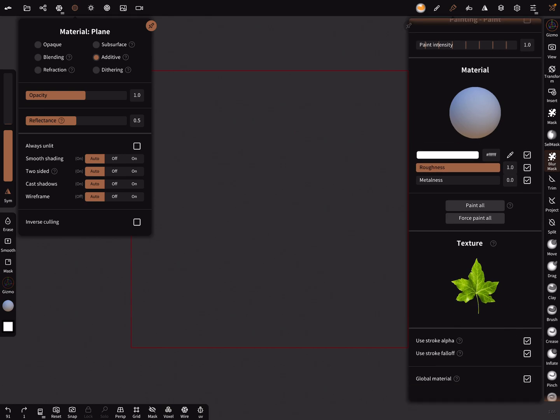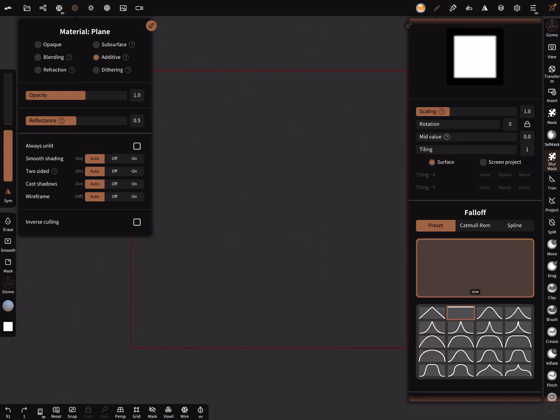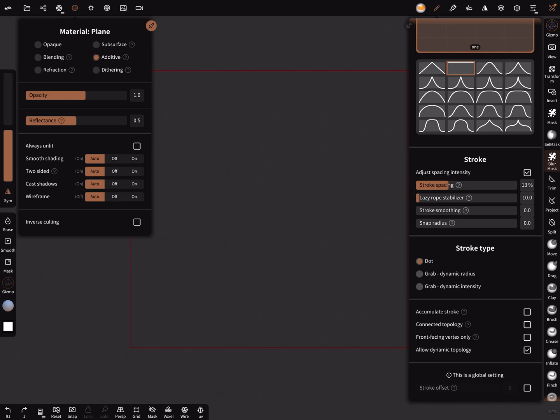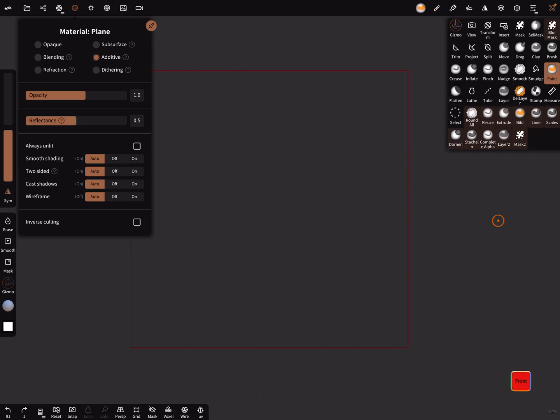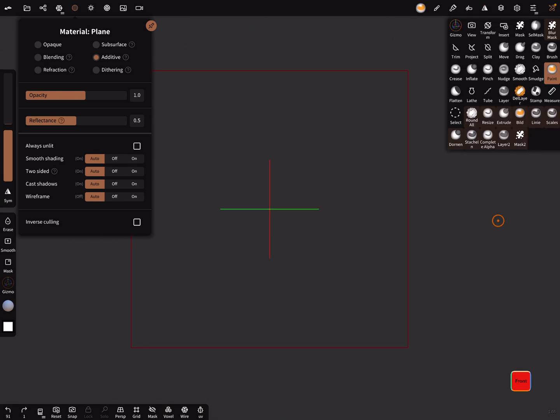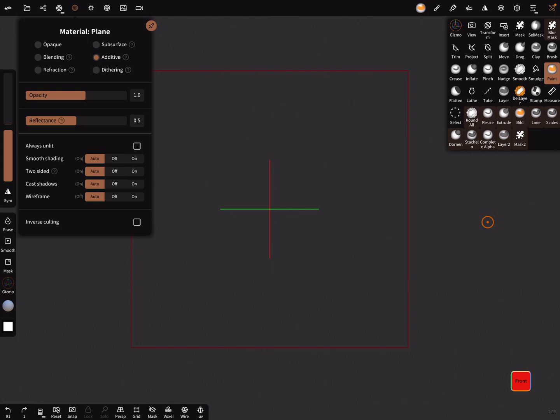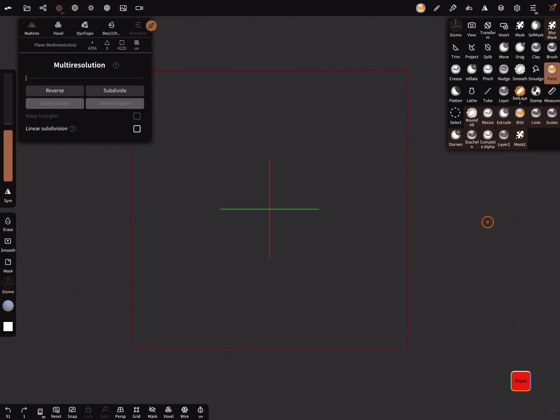Okay, and then you have to set the fall off to flat and grab dynamic radius and turn the symmetry off on the left side. And I use always the symmetry planes, show plane, that I have a center point of the object. And now you see here, the resolution is too low.